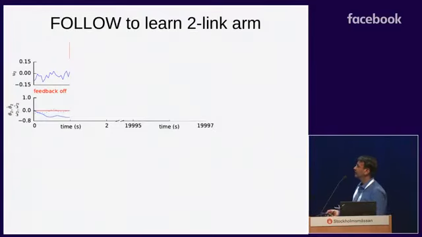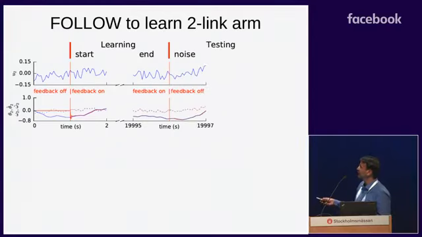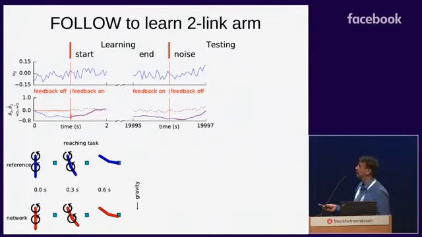So now we use this learning rule to learn a two-link arm forward model. So as I already mentioned, with feedback off, given input u, the network in red does not follow the reference. But then the moment you turn on feedback, it starts to follow, but there is a small error, and this error drives learning, so that at the end of learning, when you remove the feedback, then the prediction is the same as the reference. So now without feedback, the arm is doing what it should.